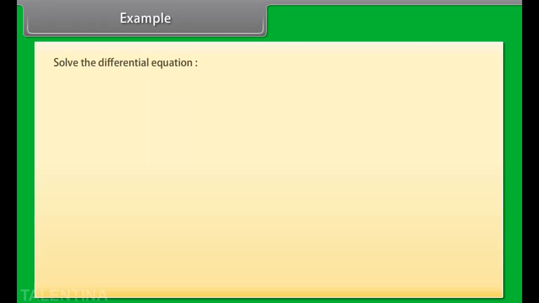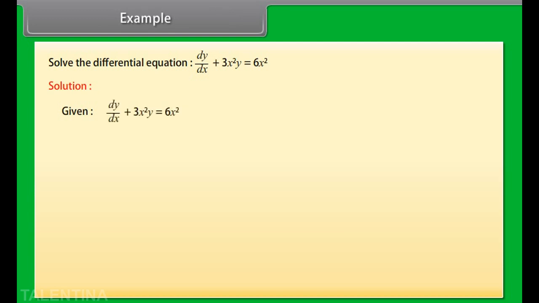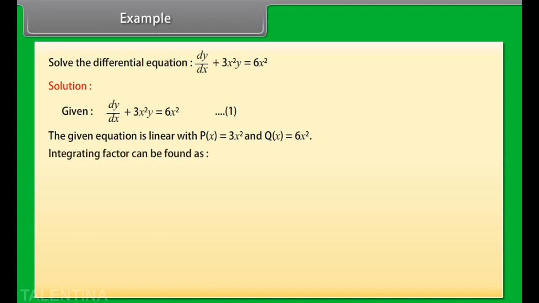Example: solve the differential equation dy upon dx plus 3x square y equals 6x square. Solution: given dy/dx plus 3x square y equals 6x square. Name it as 1. The given equation is linear with p(x) equals 3x square and q(x) equals 6x square. Integrating factor can be found as